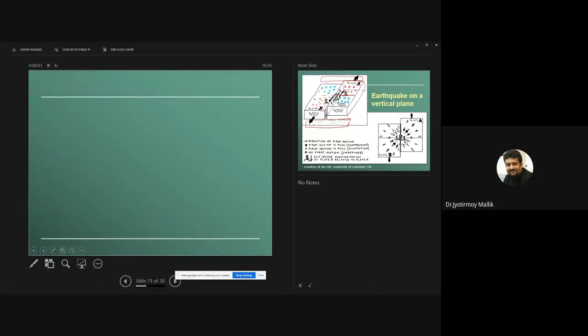So what happens in a strike slip fault? If I look at this strike slip fault, this is block A, this is block B. Okay, so block B has moved along this arrow, and block A has moved along this side, right? Now, of course, the surrounding is not empty, right? So there is rock here, there is rock everywhere. So think about that.